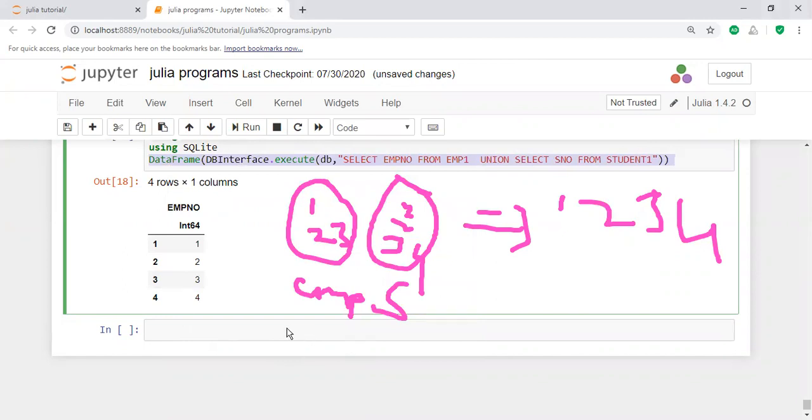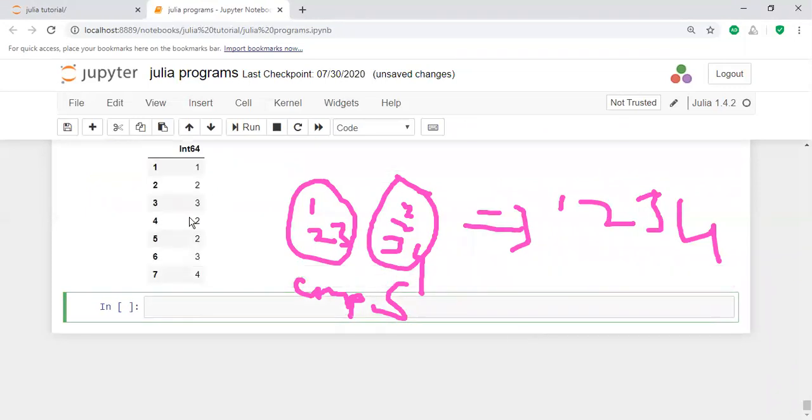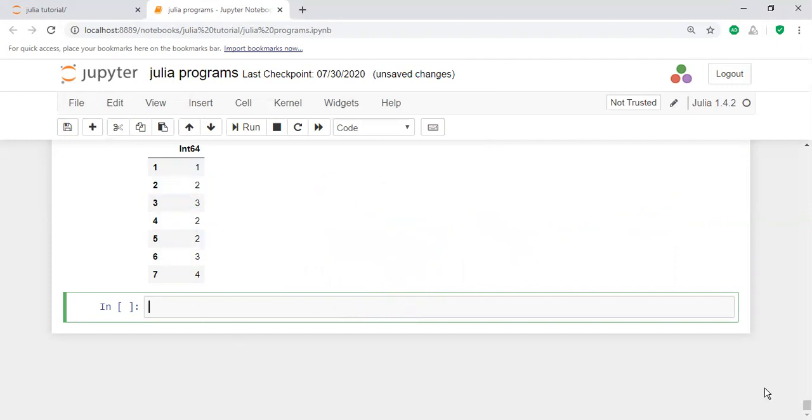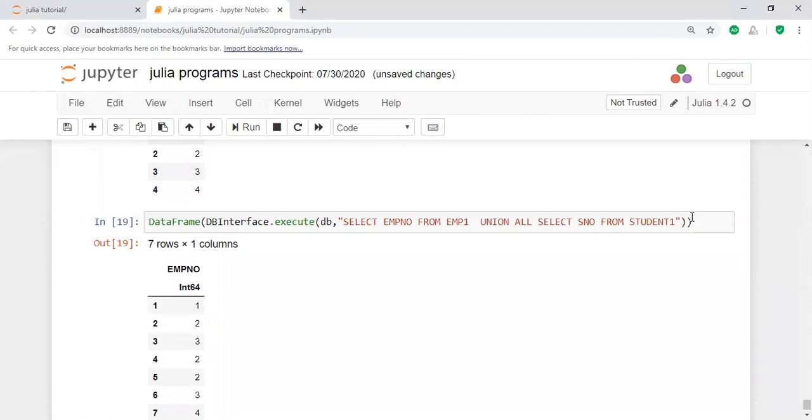Here it displays the duplicate values. Capitalize this one, union all. It executes the duplicate values also: 1, 2, 3, again 2, 2, 3, 4. That means all values for these tables are displayed, totally 7 values. In this way, you will perform the union operation and then the union all operation.